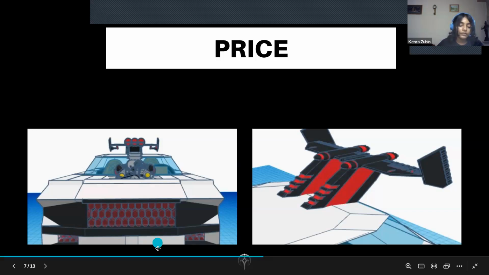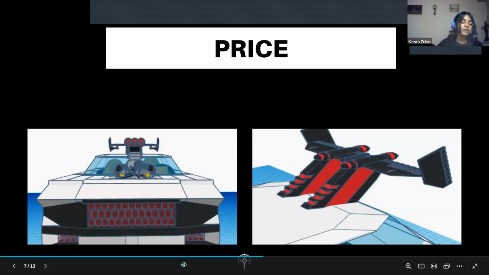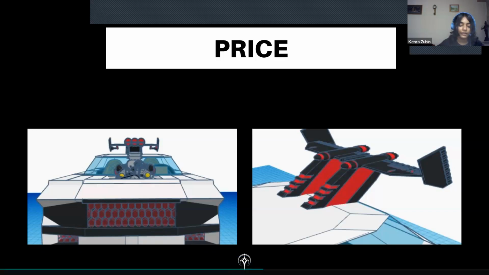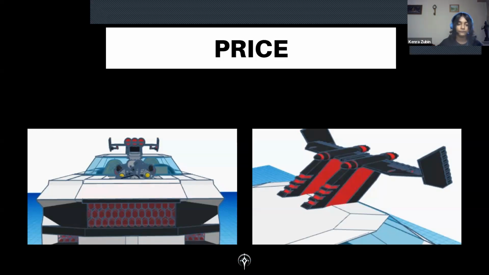Overall, the Divergence hypercar's premium price reflects a combination of advanced hybrid technology, luxury craftsmanship, brand prestige, and the exceptional driving experience it offers. While the upfront cost might be higher, owners are rewarded with a unique and high performance vehicle that represents the pinnacle of innovation and luxury in the automotive world.